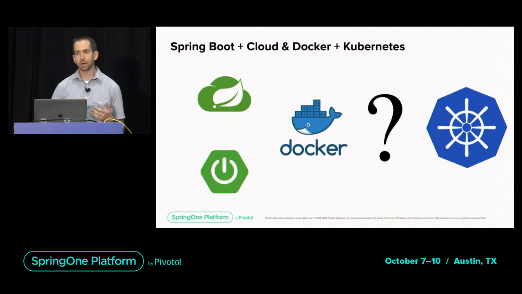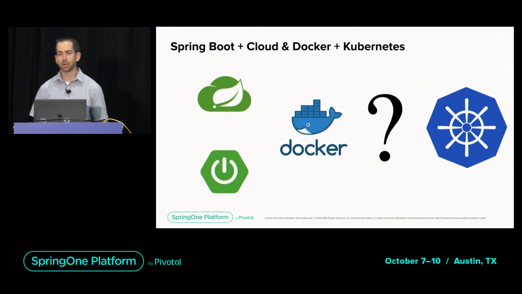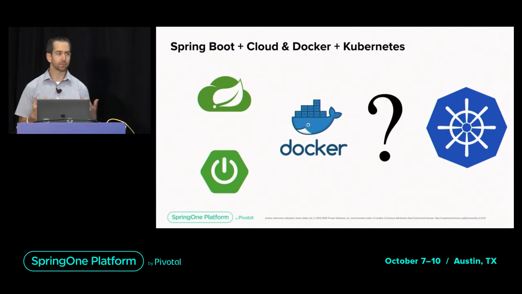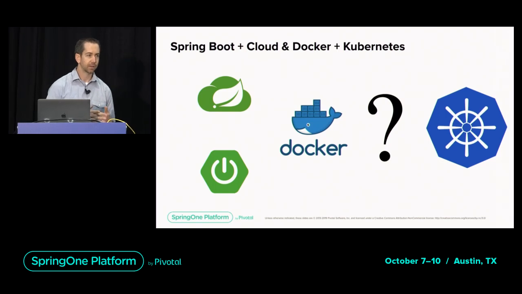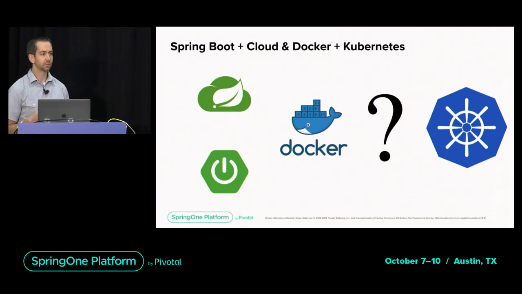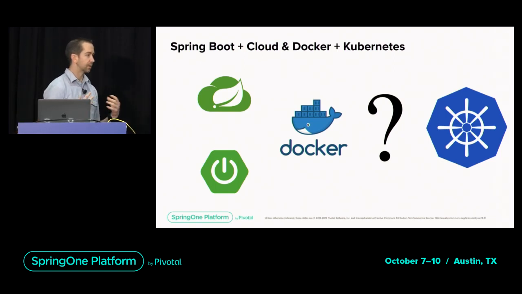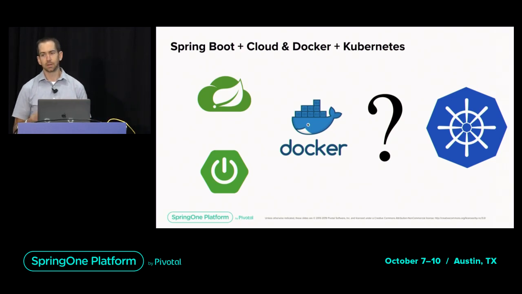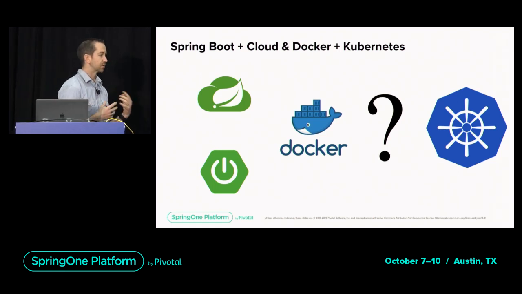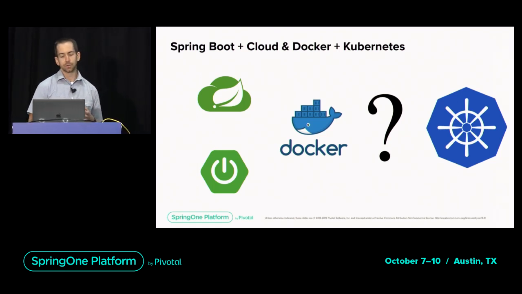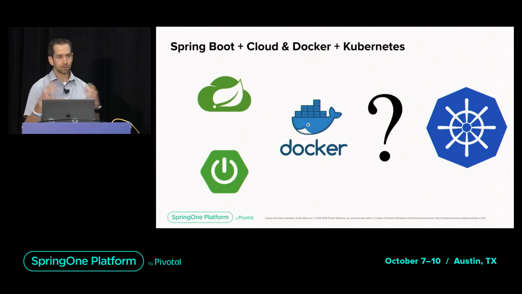But when you look at Kubernetes and you start to learn more about what Kubernetes provides, well, it provides a lot of this stuff already. It has the concept of a service registry and service discovery. It has the concept of externalizing configuration via config maps and secrets. It does load balancing to some extent at the service layer. So it has a lot of these things already in it.